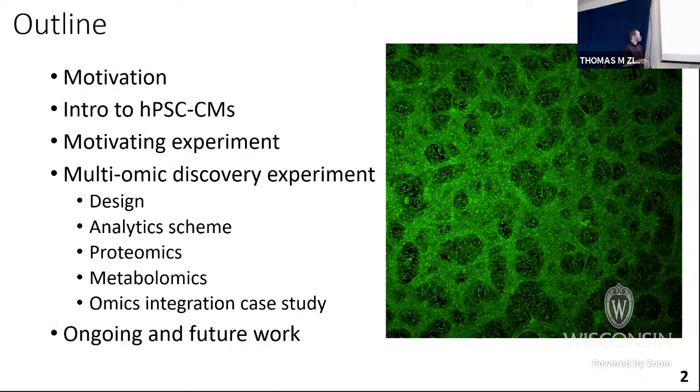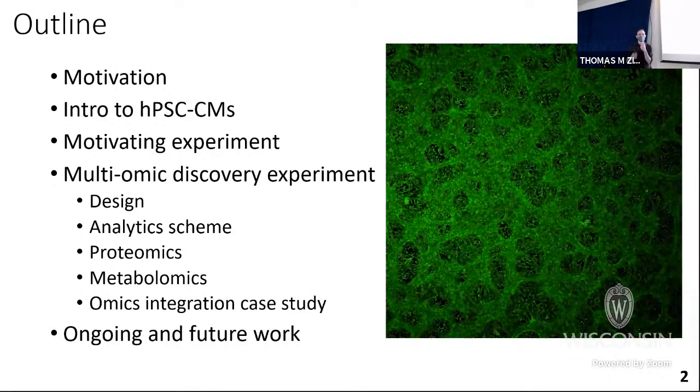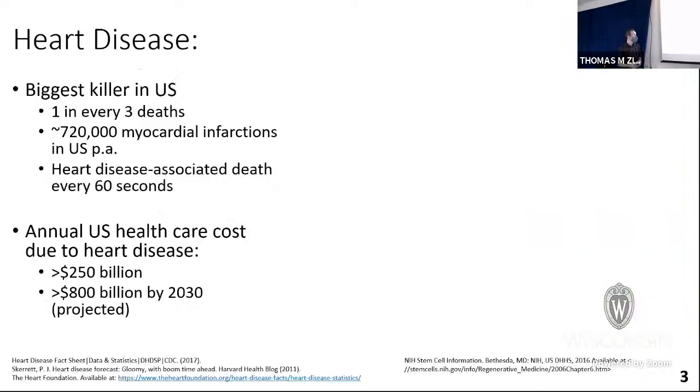Okay. As I mentioned, this is an ongoing research effort, so I'll be showing some of the initial findings that we're starting to glean from our experiments and how we're approaching the future analyses. On the right here, we see cardiomyocytes. Cardio meaning heart, myo meaning muscle, and cyte meaning cell, are basically the functional cells of the heart that produce the beating contractions that allow you to pump blood throughout your body. These are a highly energetic cell type. You can see here, this is with a calcium indicator dye, where you can see the cells actually beating and as they rapidly propagate calcium through them to actually affect the function of the cells.